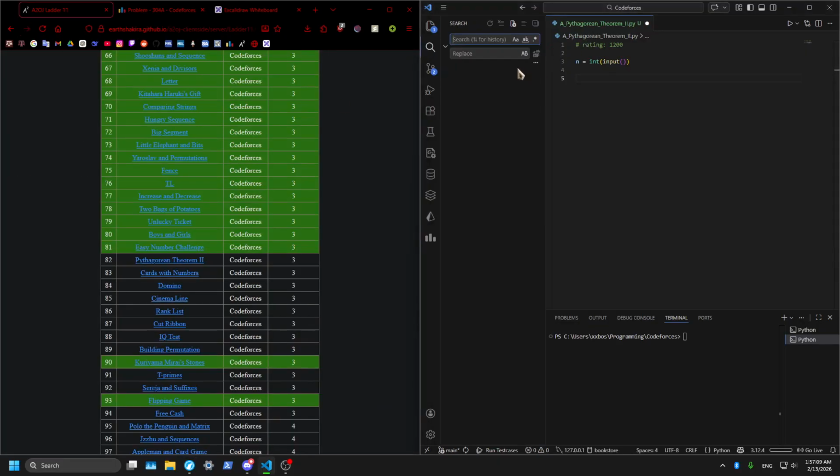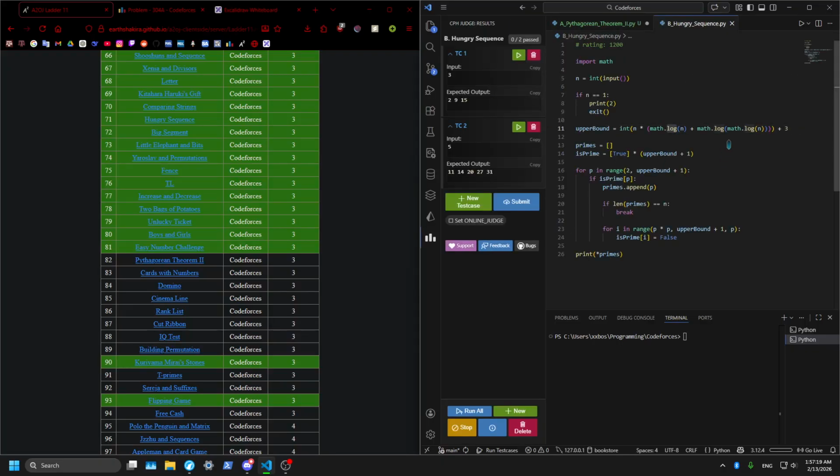Let me see if I remember. This reminds me of this problem. We need a way to calculate